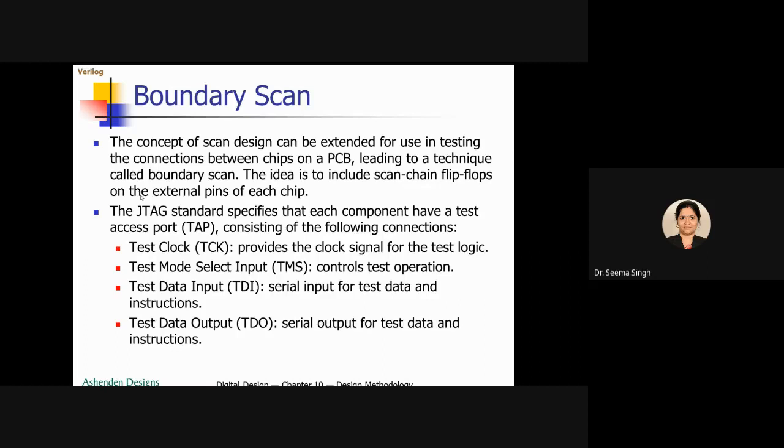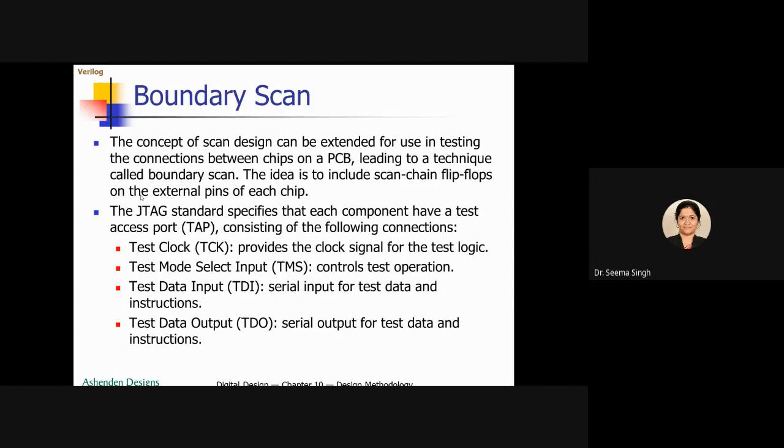And what did it do? It was standardizing the boundary scan components and protocols. And this standardization has been managed by IEEE under the IEEE standard 1149.1. That part I have not included here, but it is good if you know these things.